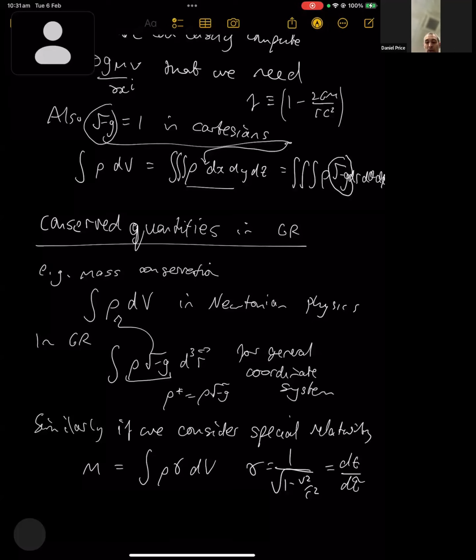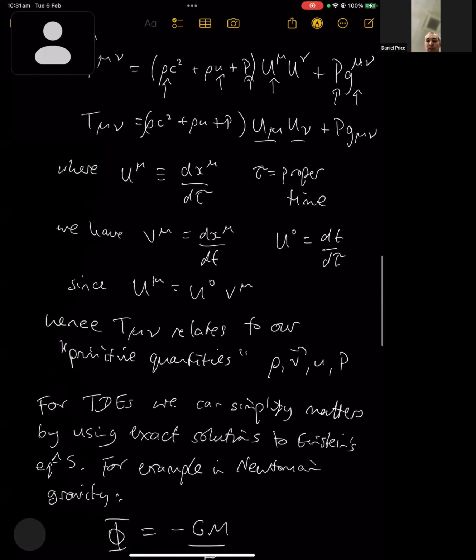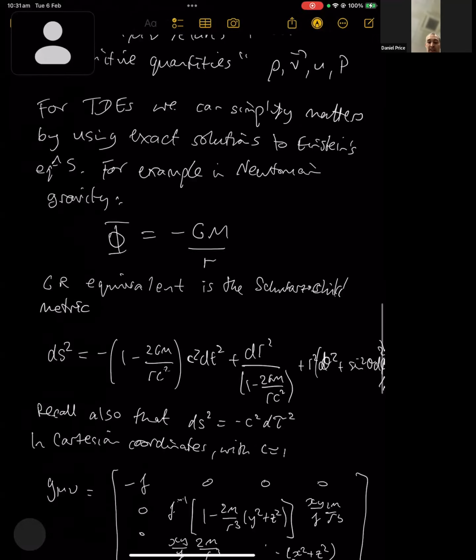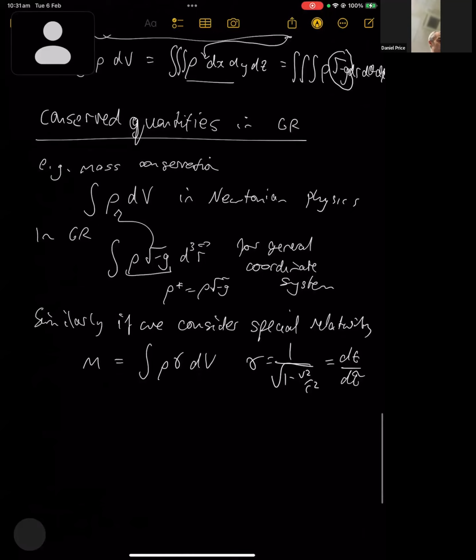So that's like a u naught, basically, as defined up above. If you remember, u naught is dt d tau up here. So that is essentially the same role as the Lorentz factor in special relativity. Okay, so in GR,